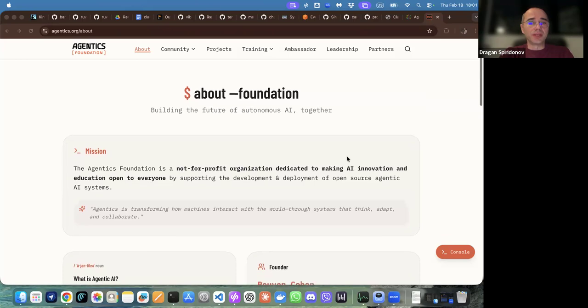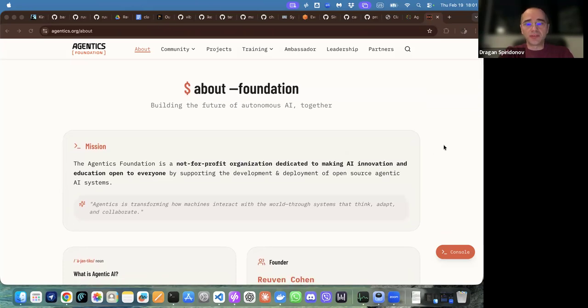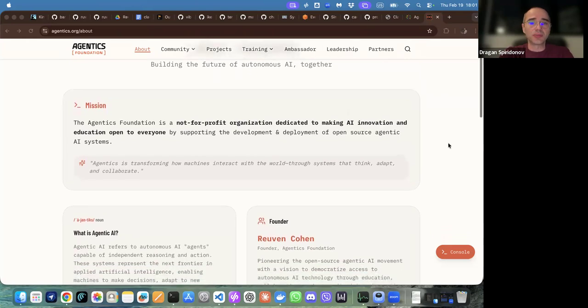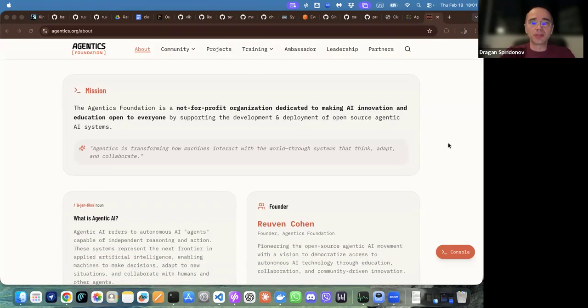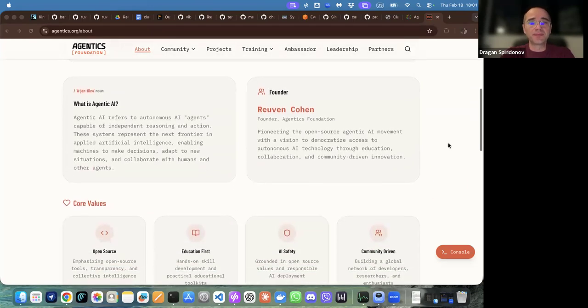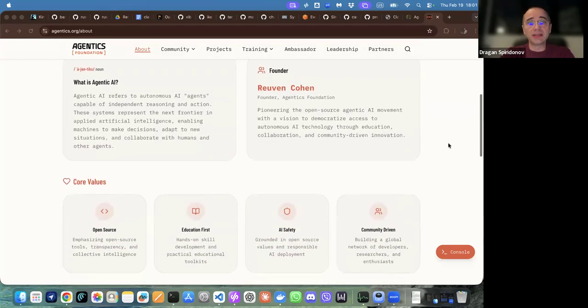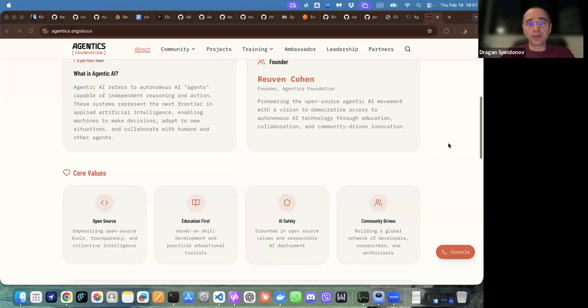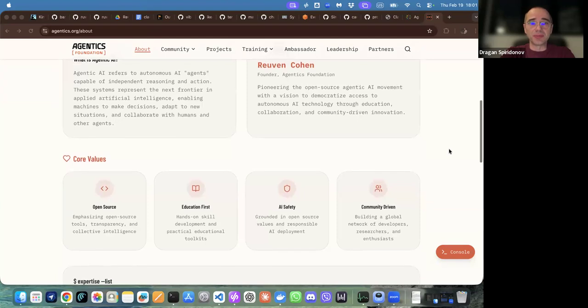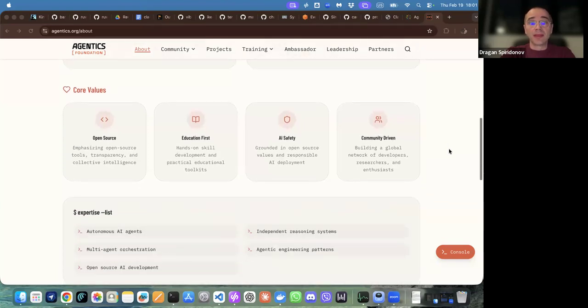A few words about the foundation. It's a not-for-profit organization dedicated to making AI innovation and education open to everyone by supporting the development and deployment of open source agentic AI systems. What is agentic AI? Autonomous AI agents capable of independent reasoning and action. These systems represent the next frontier.